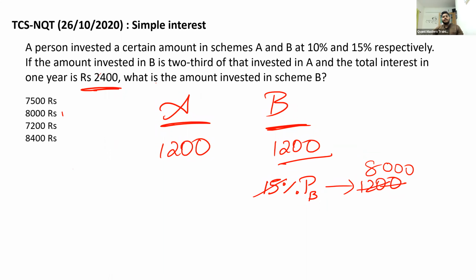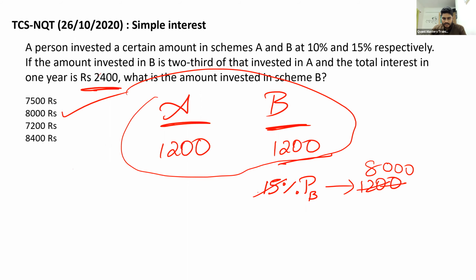Option B. How many lines did I take, sir? Even this I don't have to do. Even this line is not needed. How many lines? One line. Is it clear? But you will take 6-7 lines to solve. Okay. So this completes